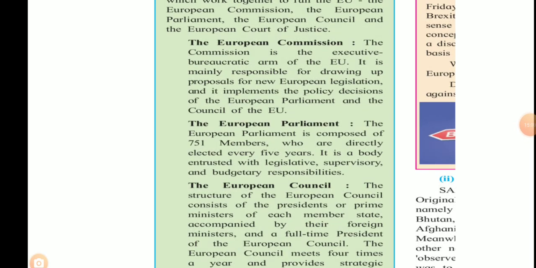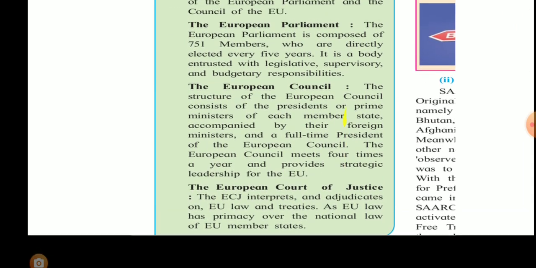Write down the answer. The ECJ, this is the short form of the European Court of Justice. Write down short form only. The ECJ in capital letter interprets, comma, and adjudicates. Take the spelling of adjudicates: ADJUDICATES. Adjudicates on, comma, EU law and treaties, full stop,